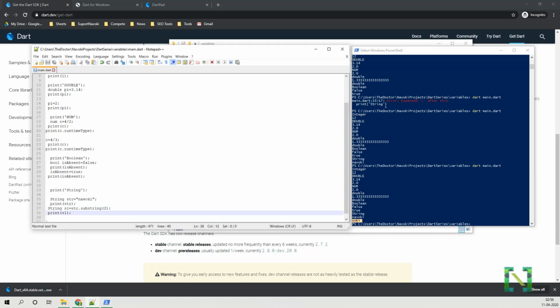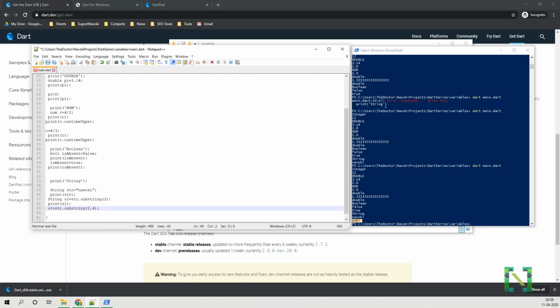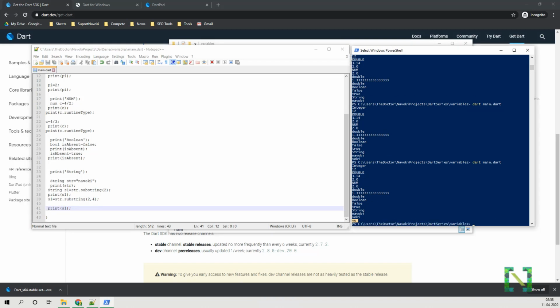Within this function, if we mention both the starting and the ending point, then it will create a substring from a particular starting point to the end point. Let us suppose I am mentioning index number 2 and 4. So it will create a substring from index 2 till 4 minus 1, that is 3. So the new string that will be created will be actually from index number 2 till index number 3, as this leaves the last index that we have mentioned and picks the last index minus 1 position.